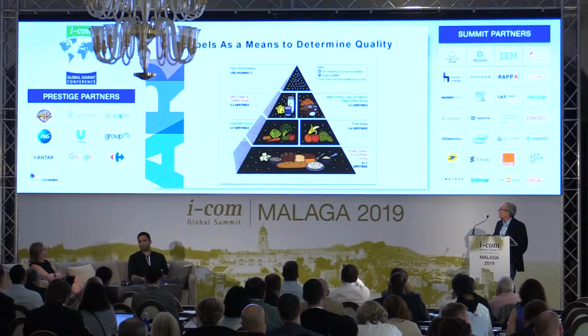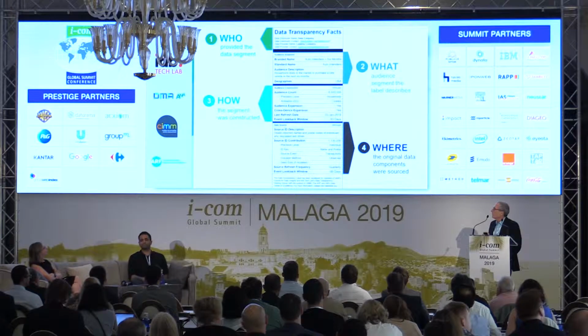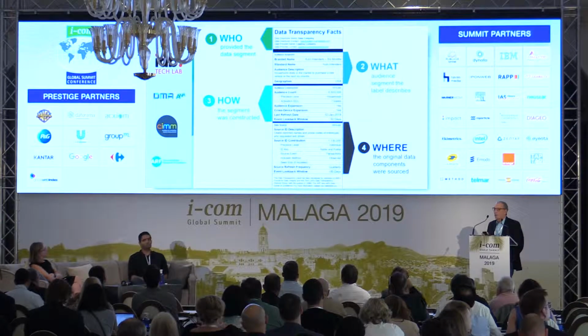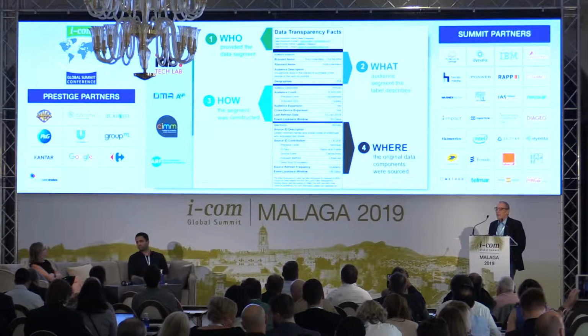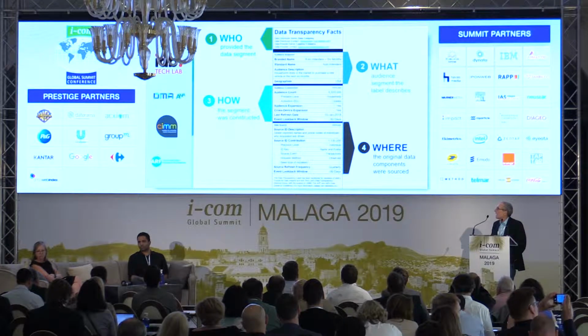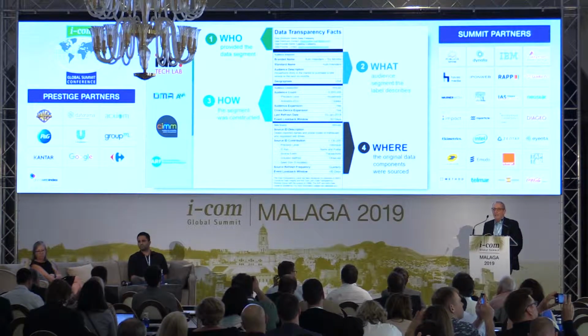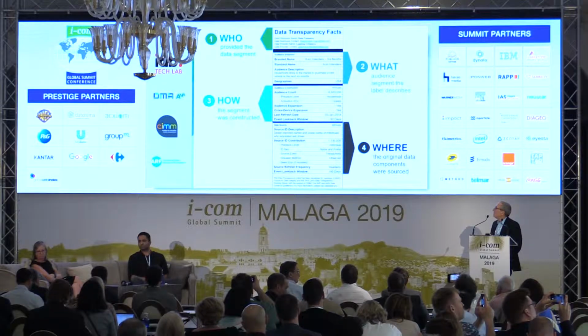this is the traditional food pyramid, which people who grew up in the United States would be familiar with, that gives you sort of what your recommended diet is. Based on this metaphor, we extended it, and this was through a collaboration with not only the ARF, but with SIM, the DMA, acquired subsequently by the ANA, and the IAB Tech Lab, basically created a data label prototype, and I'll take you through that.